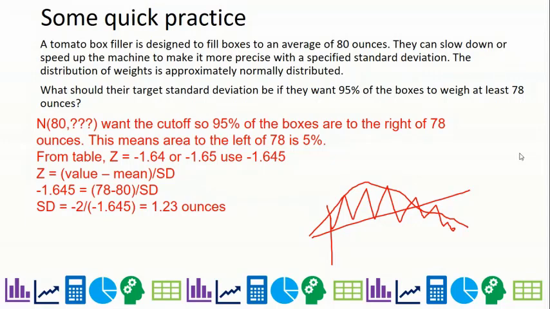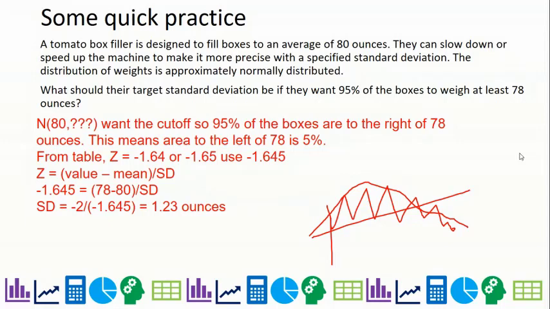So I know the average is 80 ounces, but I'm trying to find the standard deviation. 1.645. So I can't use the 80 because I can't use the shortcut, because the standard deviation is what I'm trying to find. So I can do inverse norm, and my area is 0.95, then that's a 0.95, 0, 1, because that's my mean and standard deviation, and say